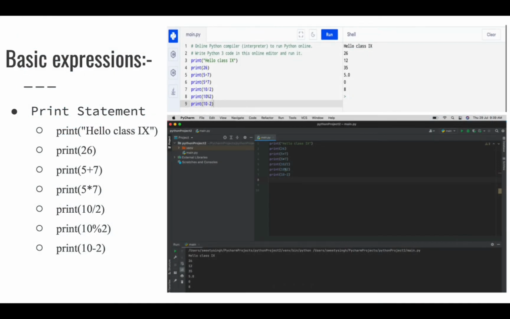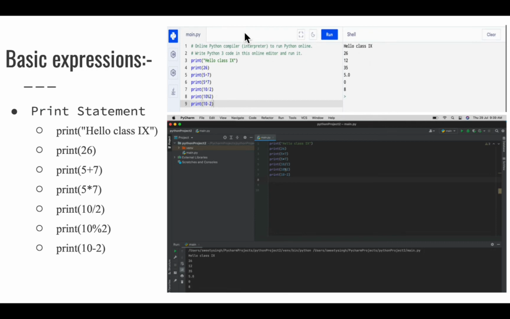Here I have mentioned the basic expressions. First of all, we will talk about the print statement. In the first print statement, you can see I have written a string, Hello Class 9th.